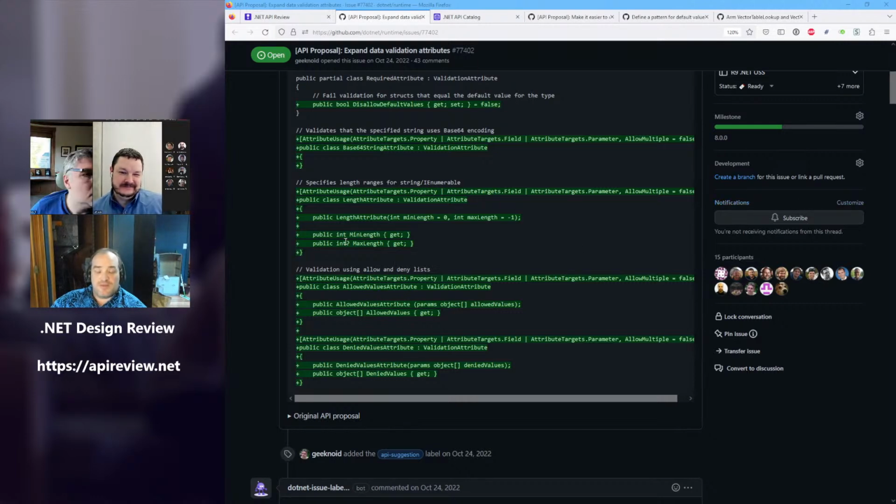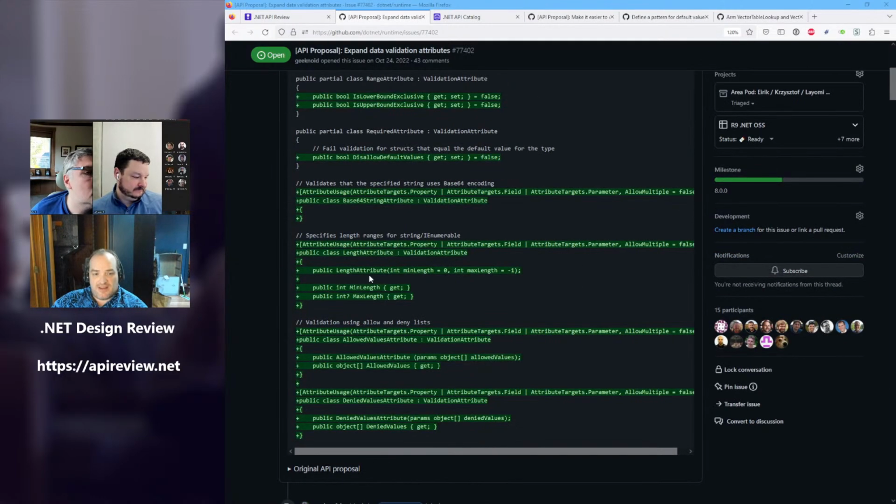I mean, the suggestion of renaming them from MinLength and MaxLength to minimum and maximum was to make them look more like Range. So we have to pick which thing we're being consistent with because they're not inherently consistent. Well, I mean, these are closer to MinLength and MaxLength as opposed to Range in this case.